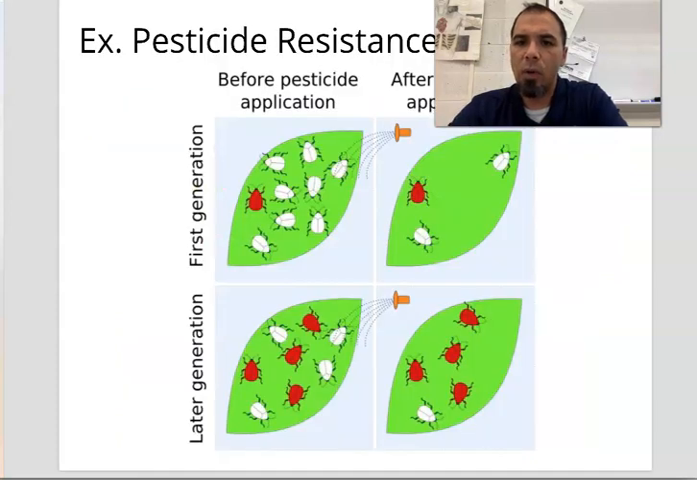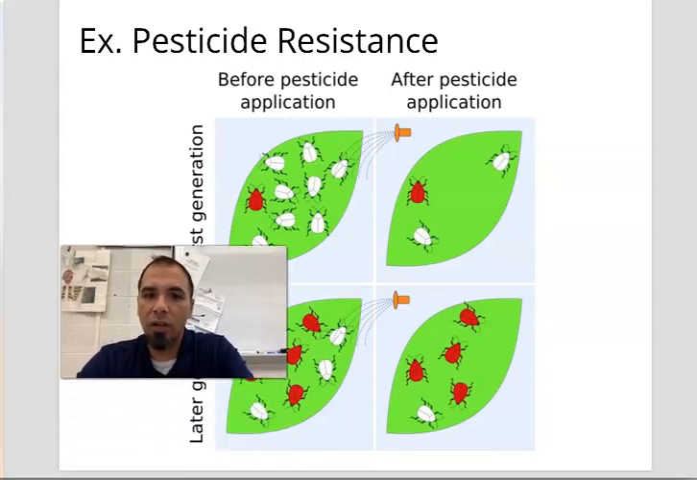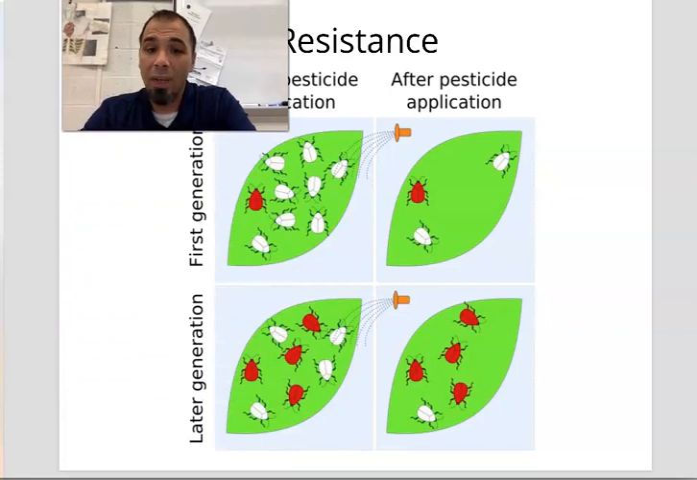So an example of this would be pesticide resistance. This would be a good example of how natural selection works. So here's our first generation. Before pesticide application, we have lots of white beetles, one red. We apply the pesticide, and as you can see, we've got one red beetle, we got two. Now if we go to our later generation, what we see is we now have red, and we've got what,